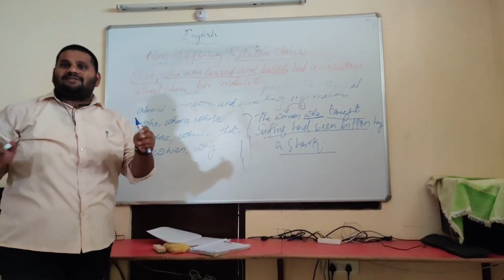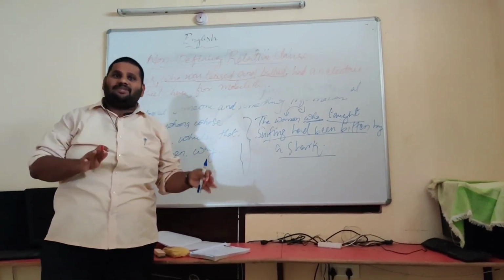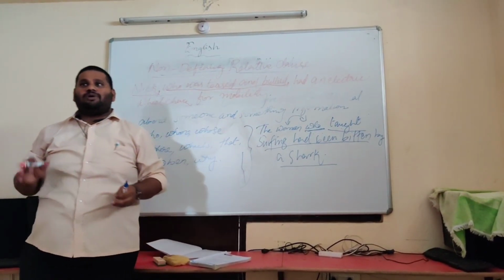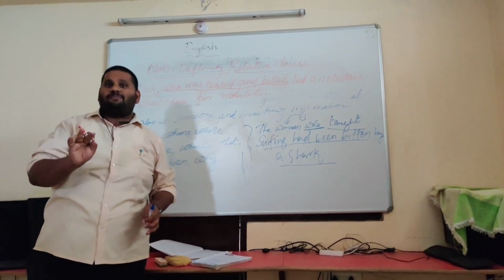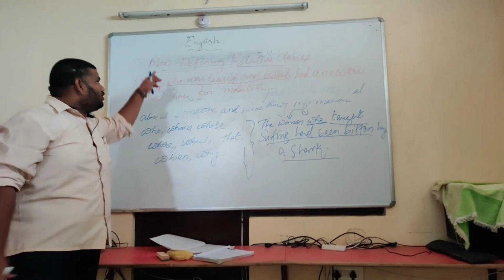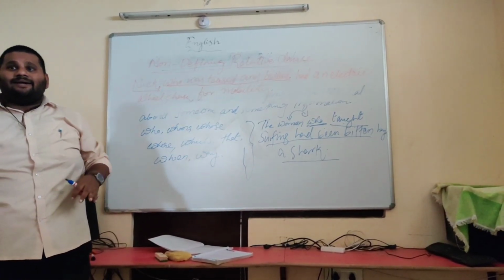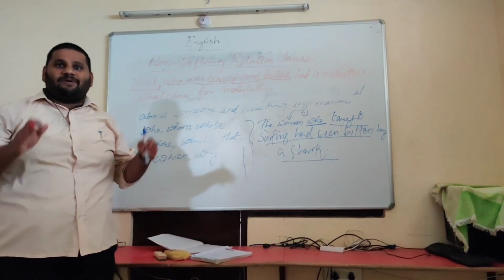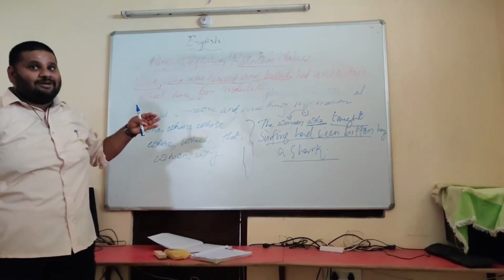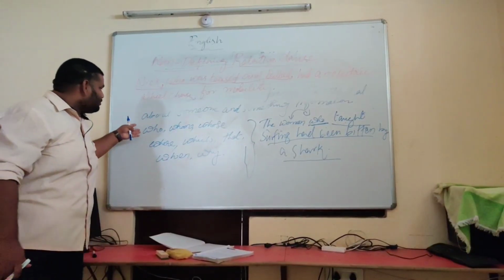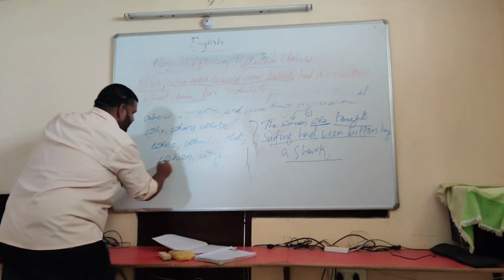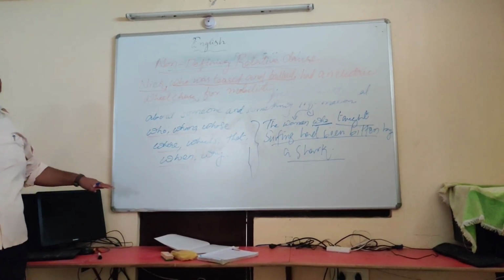In a defining relative clause, if you want to represent some things or some persons, we have to add the essential part. Essential part means important parts to be added. But in a non-defining relative clause, you have to add additional information about a person or things. For that, we have to use all these relative pronouns.